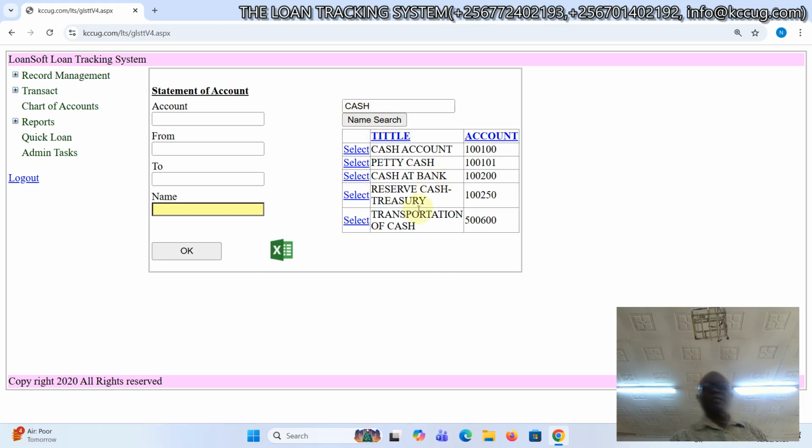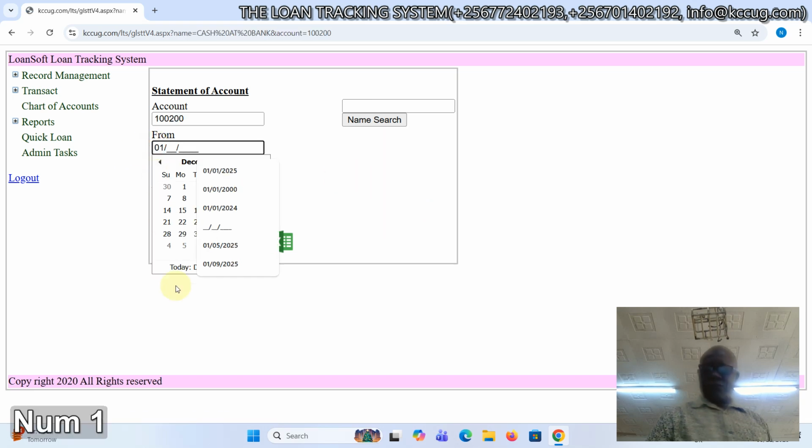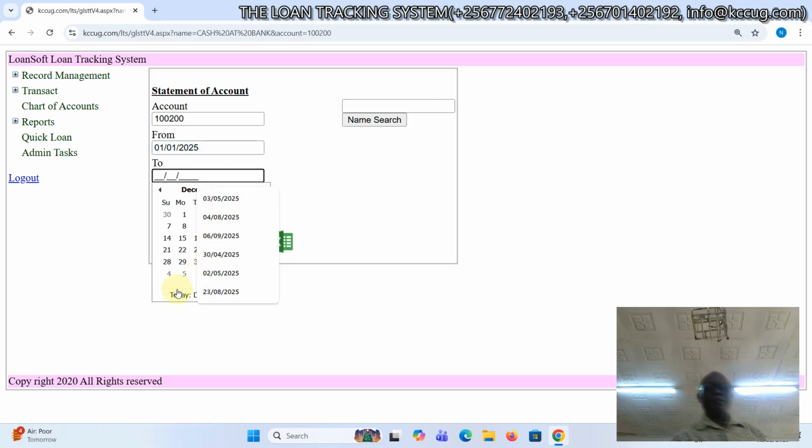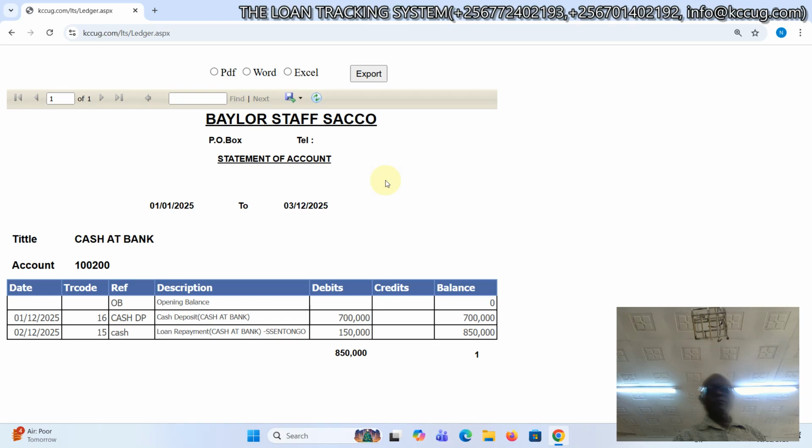We shall define that cash at bank, by the way, because you have a bank account. So instead of calling it cash at bank, we shall be calling it the exact name of your bank. So you select here. From 1st of January 2025 up to, okay. So that is our cash deposit